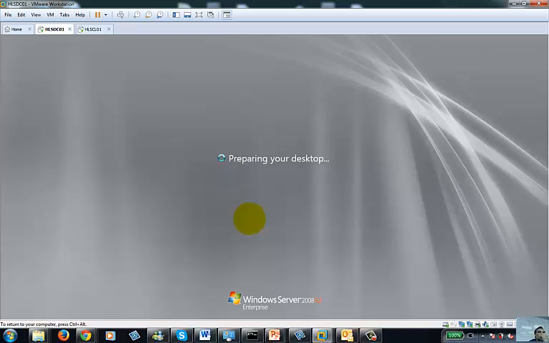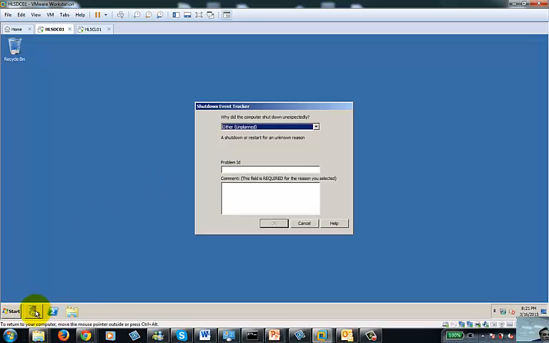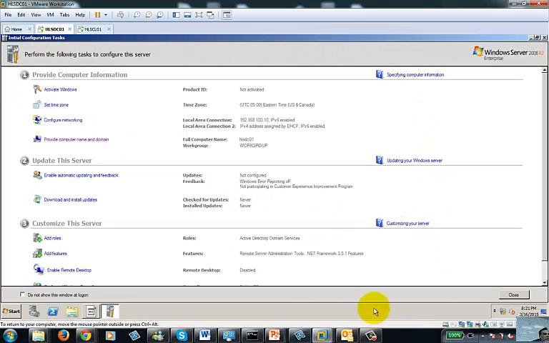Guys, what I need to do now is add the role. How many roles are there? There are about 15 or 16 roles inside. In order to add a role, guys, this is my initial configuration task. Let me configure this server right from scratch. So my very first question is